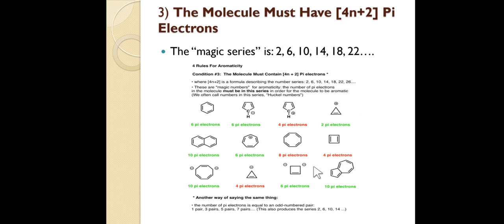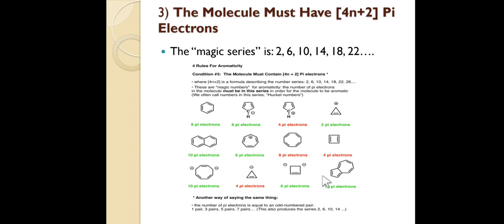So what numbers do we need? We need 2, 6, 10, 14, 18, 22 and so on. Like this we are going to search for the molecule. So again you can see here, this molecule has 10 pi electrons, this molecule has 10 pi electrons, this naphthalene has 10 pi electrons. This is the magic number. So if a molecule follows all the 4 criteria for aromaticity, then and only then will it be said to be